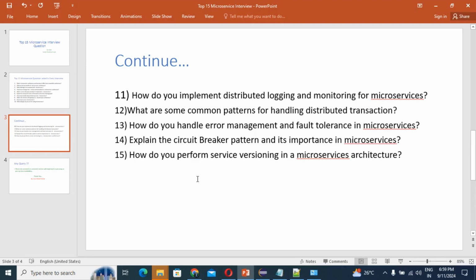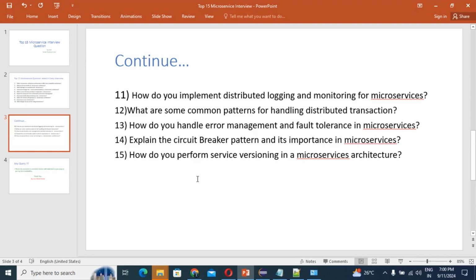See, all these questions I have collected from candidates who have already attended interviews, and such questions were asked by the interviewers. So if you are also going to give an interview, such questions may be asked. That's why please concentrate and collect all these questions in your bucket as well. It will be helpful for you.